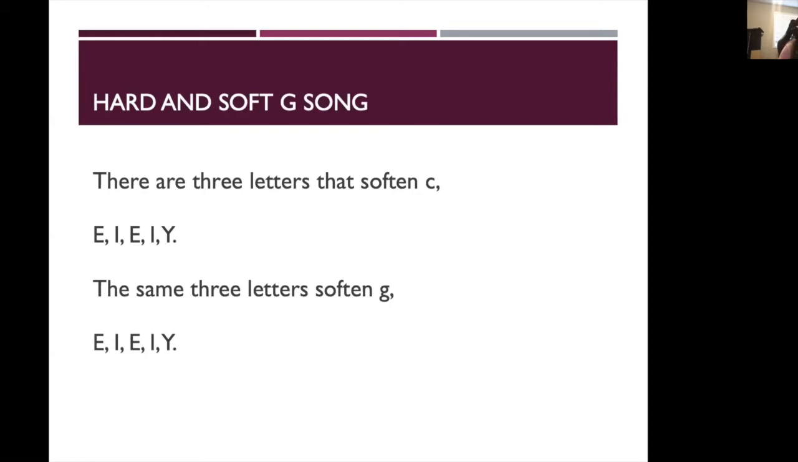Let's try it together. There are three letters that soften C, E-I-E-I-Y. The same three letters soften G,